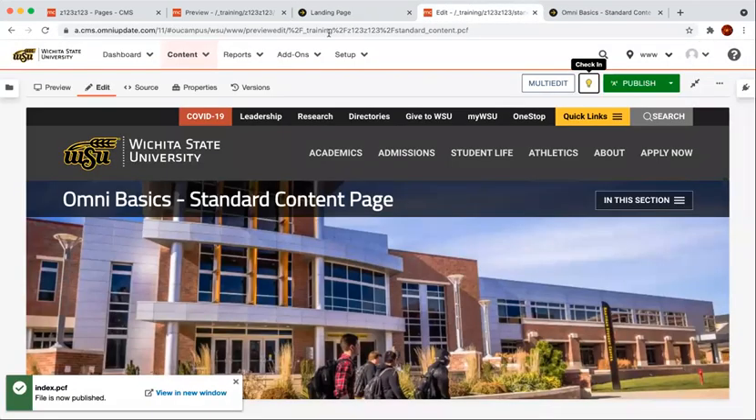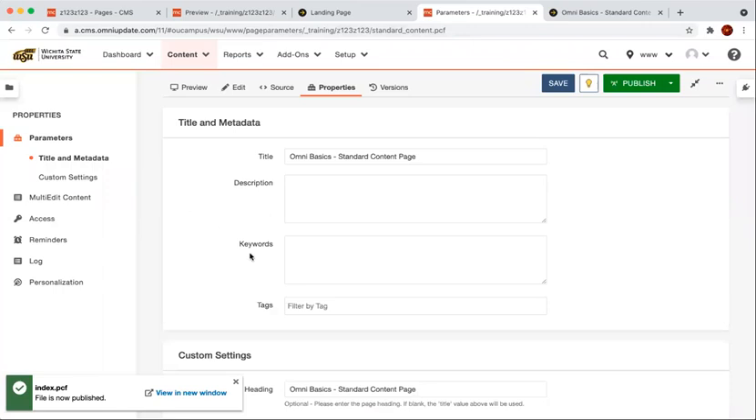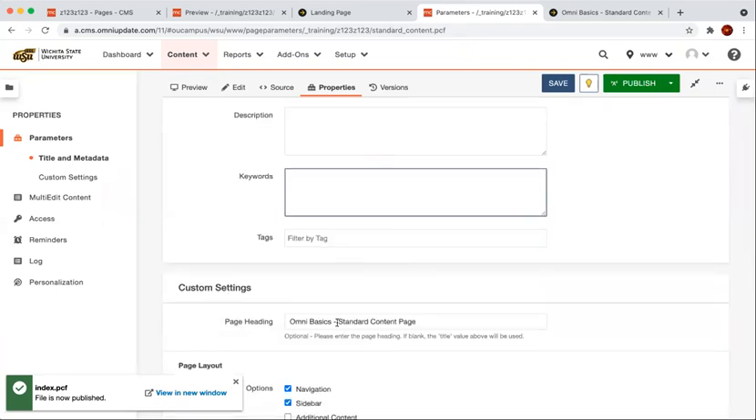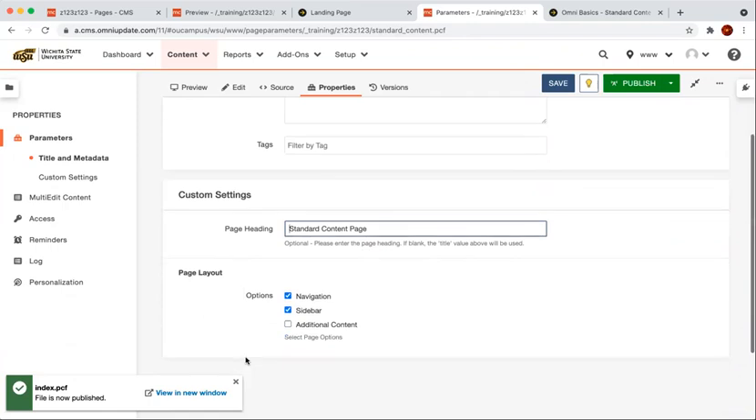The standard content page is very similar. If I click the properties tab, I've got the title and the tab, and I might change that to reflect the same uniformity of the page I just modified. Description again, keywords again, tags again, page heading. But we have a bit of a change here in that we have options, not just for navigation, but for sidebar and additional content. So if I were to turn those on,